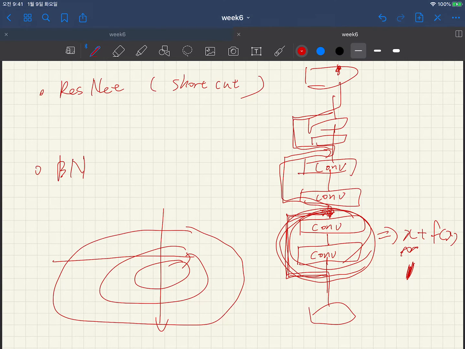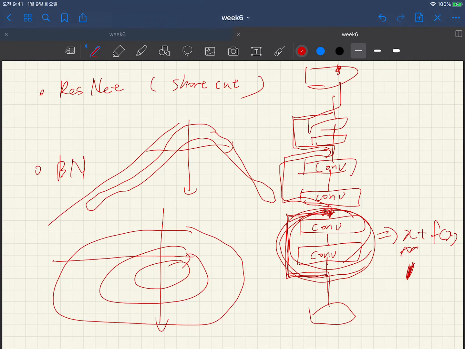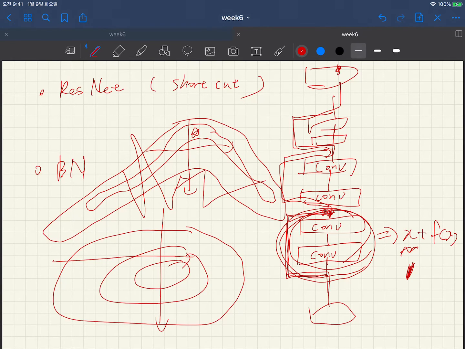If your gradient for this direction and your gradient for this direction are not balanced or totally different, then your loss shape looks like this, and the simple gradient descent cannot go to the optimal solution but oscillates all the time or even diverges. So that's why we cannot train very deep structured neural networks, because of the unbalanced behavior between the top layer and